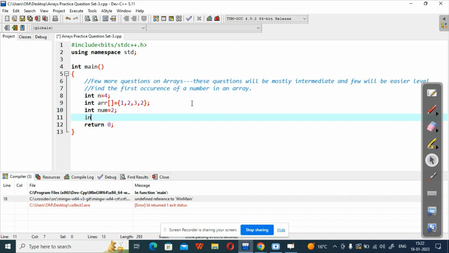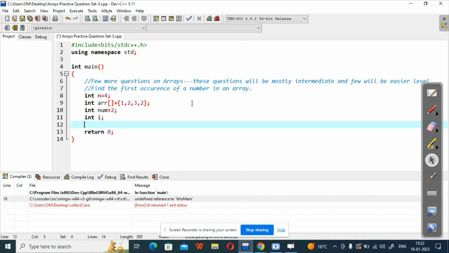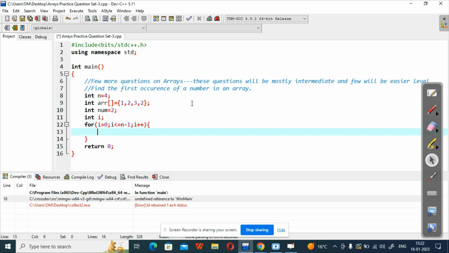I will write int I because I am defining a variable for traversing in the loop. I starts from the starting index, goes to n-1, I plus plus. If ARR of I equals num,